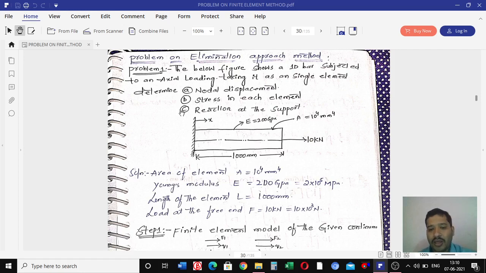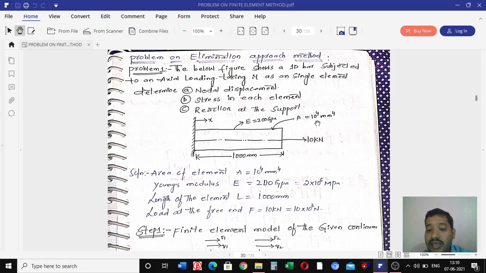support. Here, this is the cantilever beam figure. The cantilever beam is nothing but a beam where one end is rigidly fixed and the other end is totally free into the atmosphere. Such a beam we call a cantilever beam. The total length of the cantilever beam is given as 1000 mm, and the load of 10 kilonewton is acting at the free end.